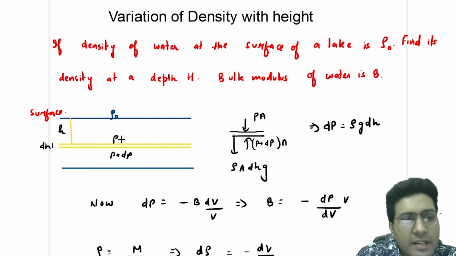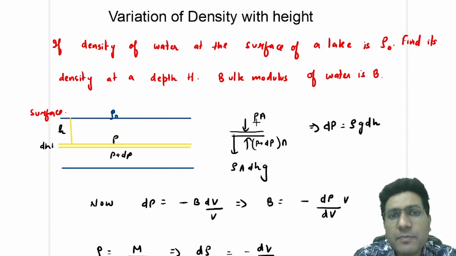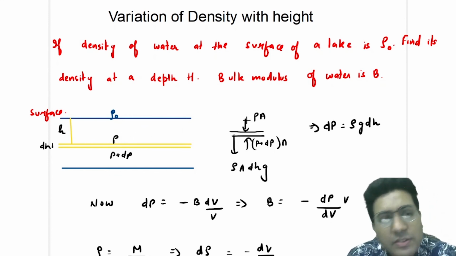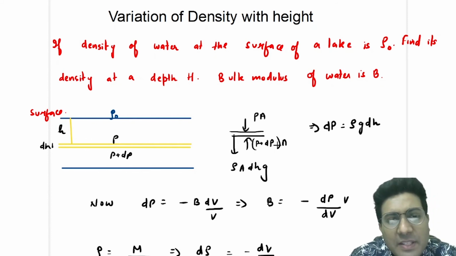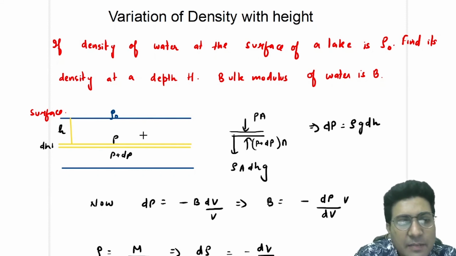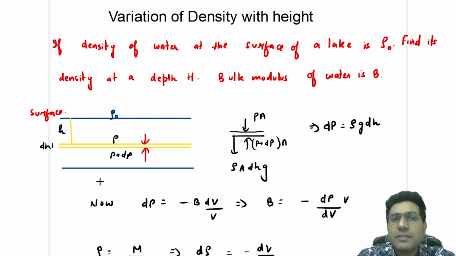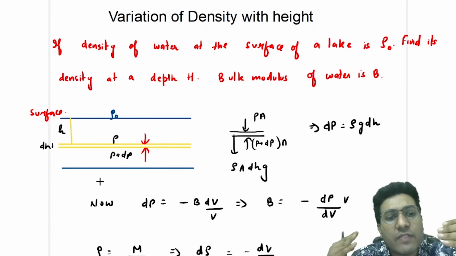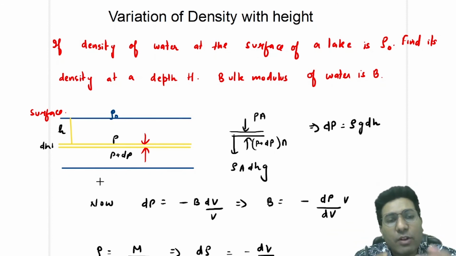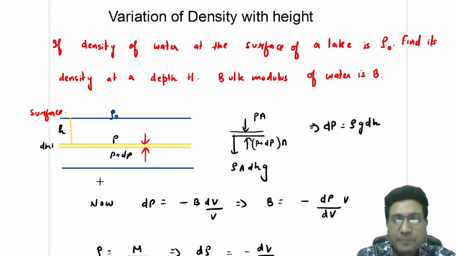So here the pressure will be P, so force will be PA. Pressure multiplied by area is force. Similarly, here the pressure is P plus dP, so the force will be (P plus dP) into A, and it will be compressive. That means from this side the force will be like this, and from this side the force will be like this, because force due to pressure always compresses the system. Whatever system you have taken, force due to pressure will always compress that system, and the force will always be perpendicular to the surface.